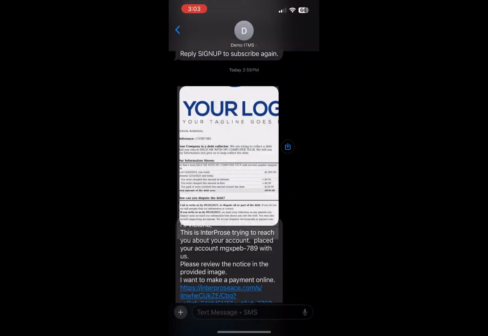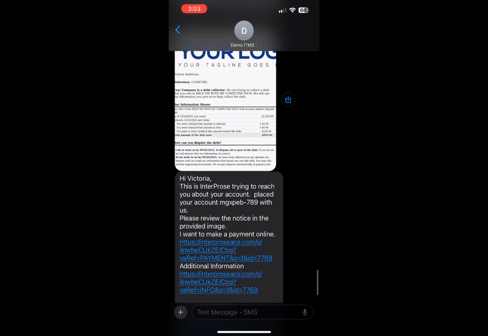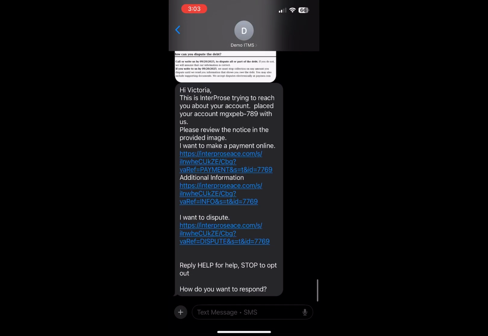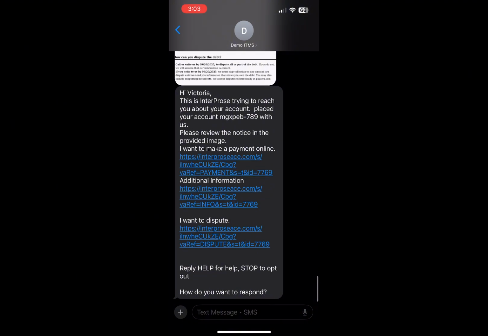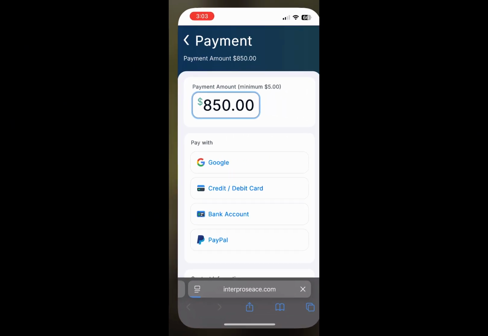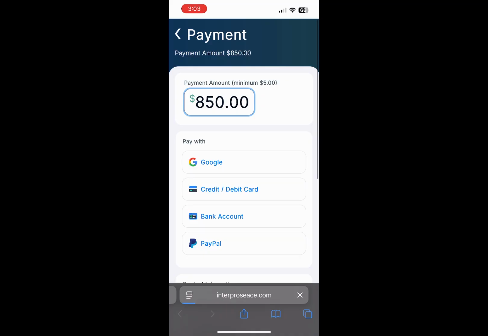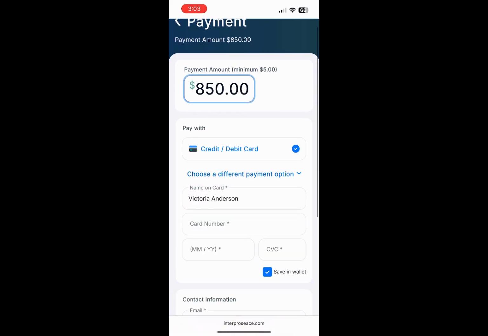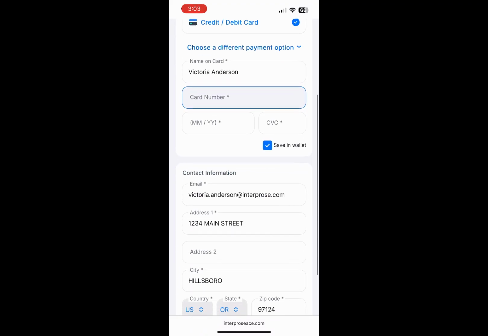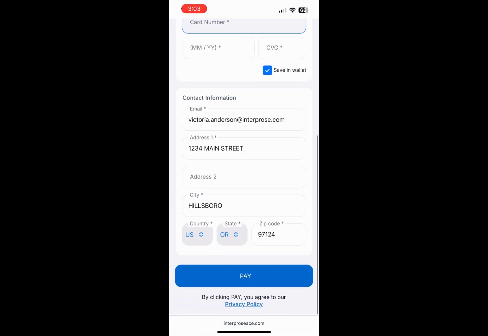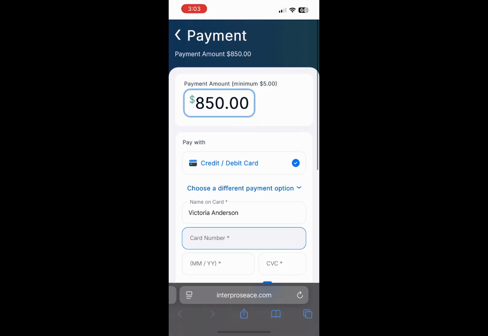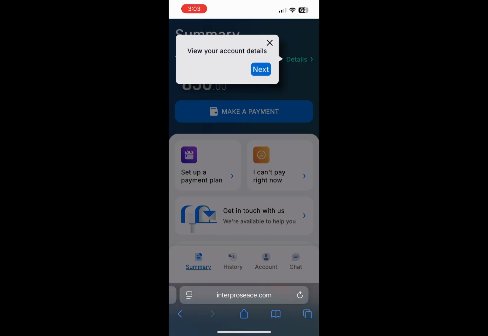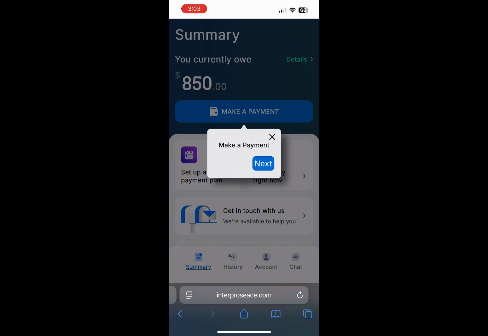MMS is outbound only, and there are a couple of ways that we can create an MMS. One is by attaching a static image to the text profile itself. An example use case would be a logo, for example. And the other is by taking an email profile and converting it into an image. And what that allows us to do is to capture variables from the account and the demographic and include those in the image. We can take a lot of those links that we would typically include in a sample validation notice and put them in the body of the